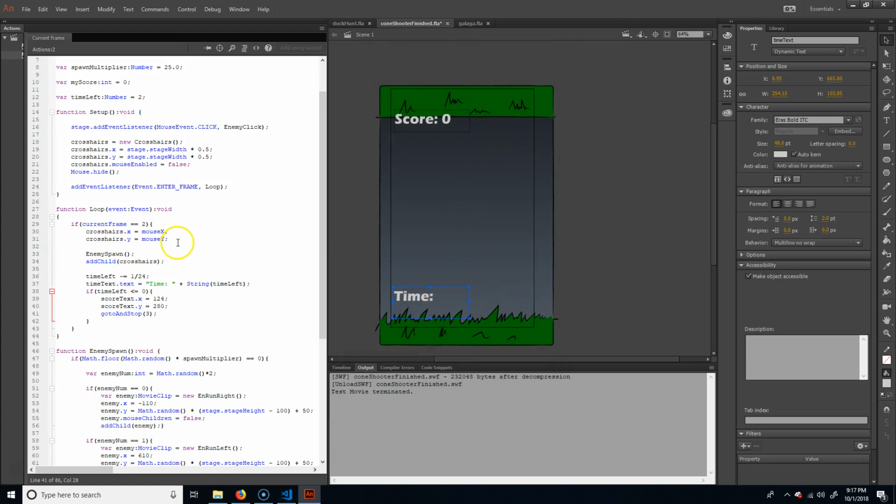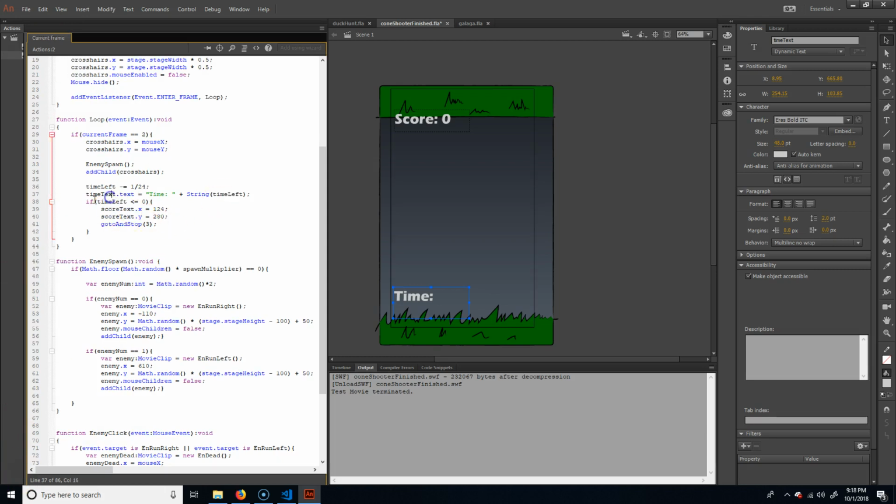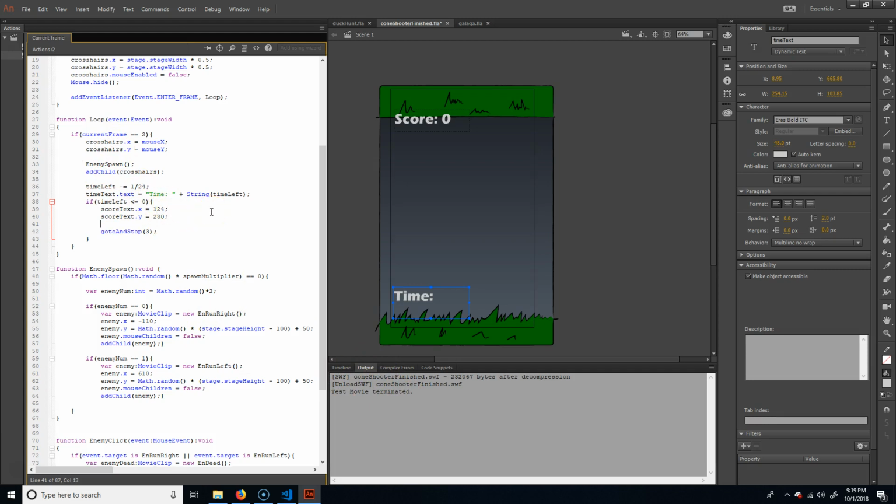So, yeah. The problem is that every time that it's completing, it's creating a new instance of the crosshairs. So that's why we're getting kind of weird things up there. What do I want to do in order to make that happen? I guess I'd have to delete everything. But besides moving that text if the time is out, I'm also going to have to remove the crosshairs, so that when it starts on frame 1 again, it doesn't have the old one and a new one. So what we're going to do is we're going to go to